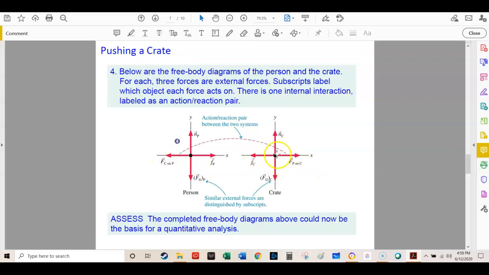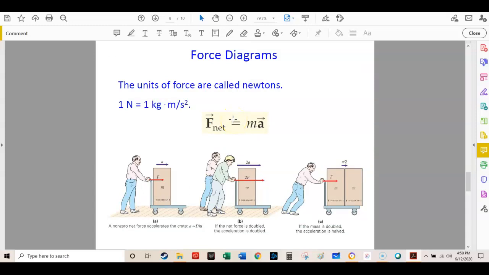Okay, and this is the same thing that we just drew, just different subscripts. Normal force is up, the weight of the crate is down, the person's working on the crate to the right, the friction of the crate is working to the left. So this is the basics of creating a force diagram. Okay, all right, and